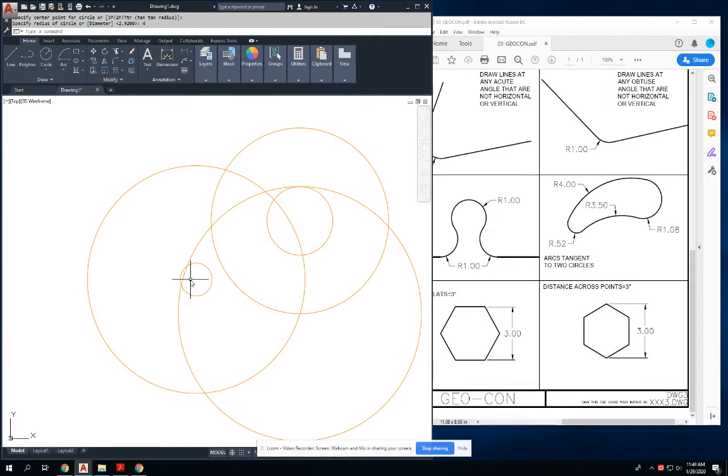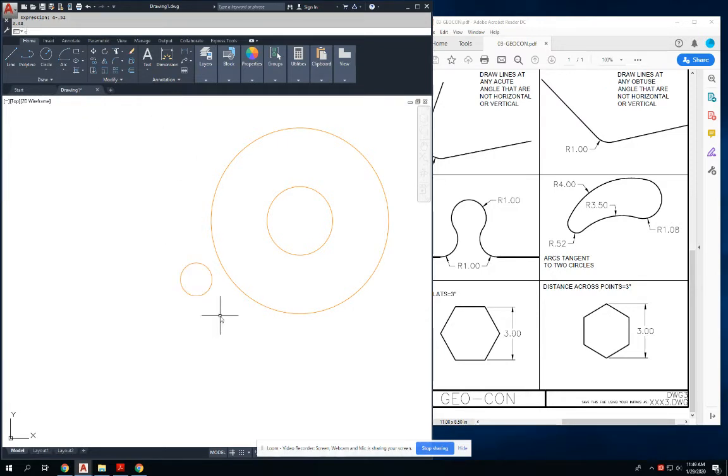So I didn't calculate the location of this circle correctly, or I must have done a math problem here, or I may have inverted some numbers. So let's try that again. I'm going to erase that, erase this, and I'm going to type in cal and type in 4 minus 0.52. I think I typed in 3.58 instead of 3.48 when I created that second circle. So I'll type radius of 3.48 and now draw another circle with a radius of 4, and now they're hitting